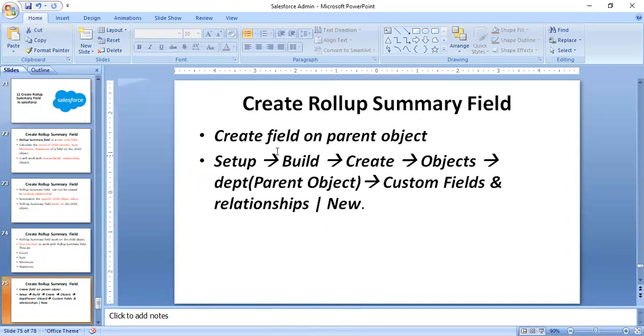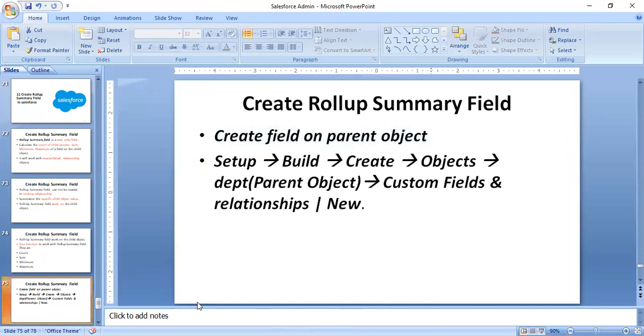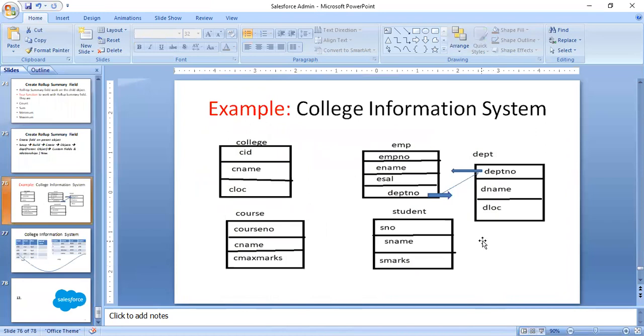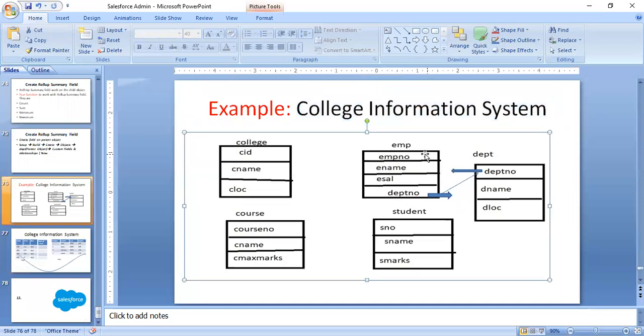And then how can you create the roll-up summary field? You create the field on a parent object. Before that, let us take a simple college information system. In the college information system we have an employee table and a department table. Before that, you created a master-detail relationship between department and employee.